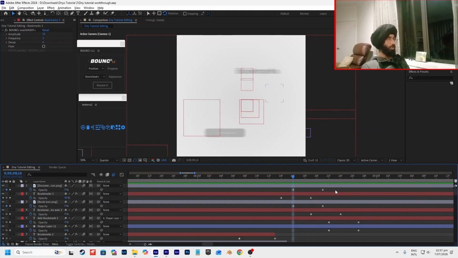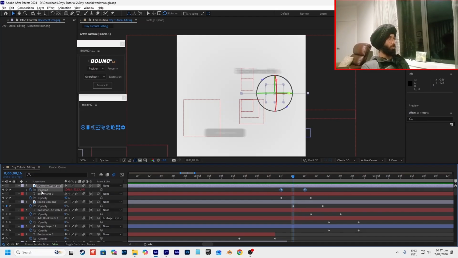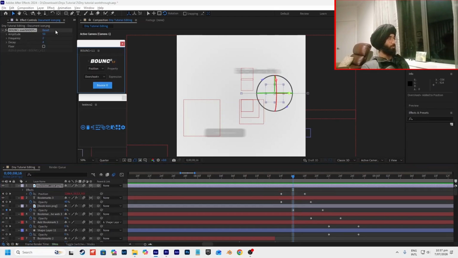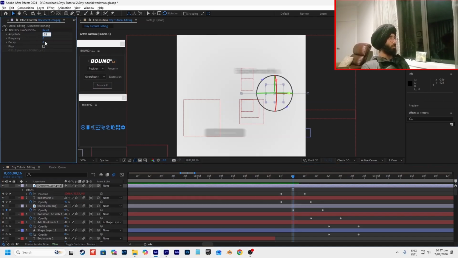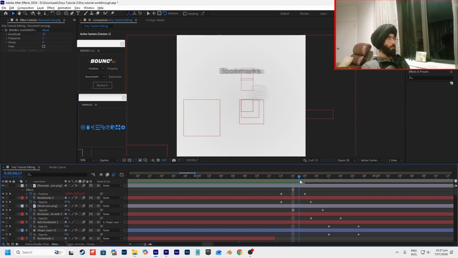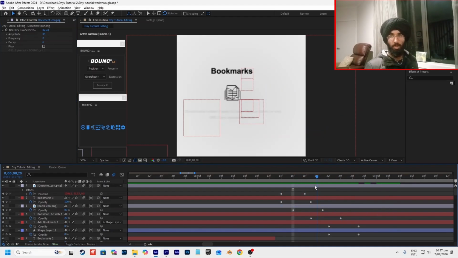Yeah, so the only thing that needs changing is the bounce. So I'm going to bounce it, and the parameters, so 35 and 6, we're going to add those. And now it's followed the exact same path. Now we can delete the book